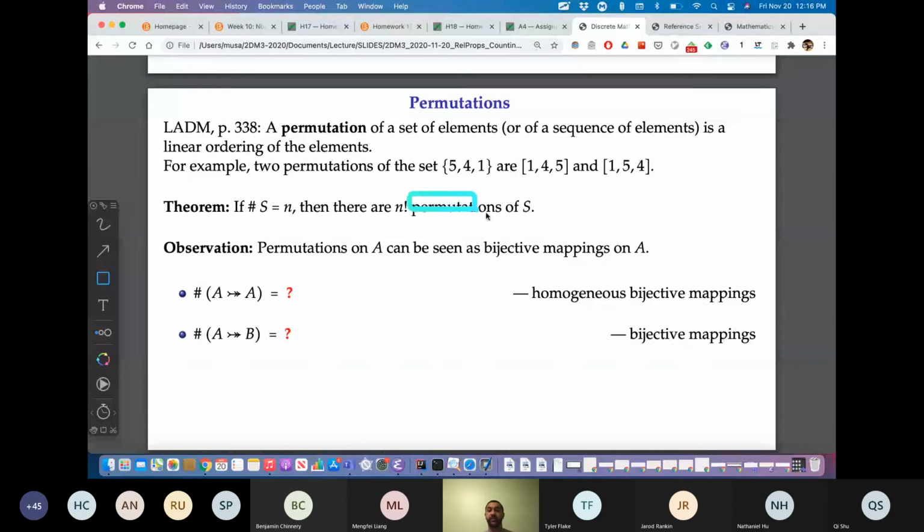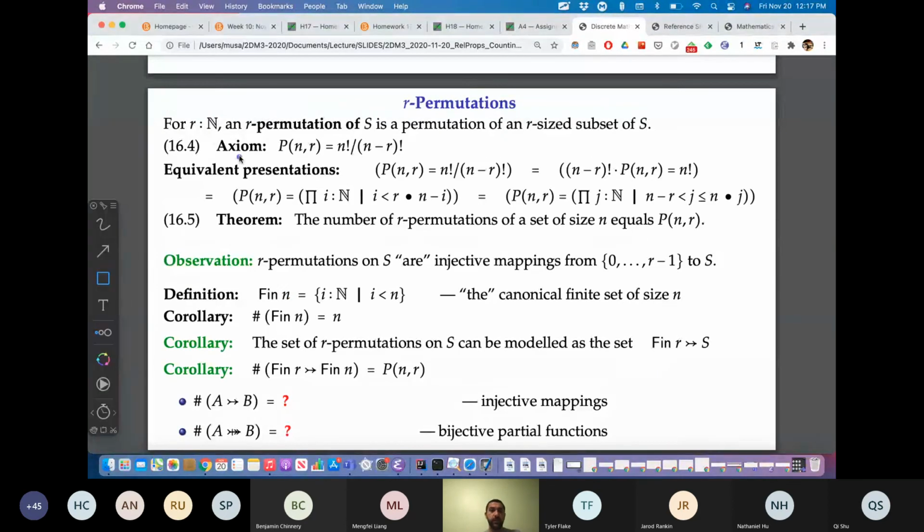But a permutation, we said a few slides ago, is a bijective mapping, right? And so we can count how many bijective mappings there are. Let's look at the finite case. So we defined P to talk about the number of r-permutations of a set of n elements. And we said it's this zany division right here. And we said the zany division is always going to be an integer, and we argued for it in that homework. I presented it to you this way because back then we didn't have division in our hands, and so we worked with this formulation for a while.